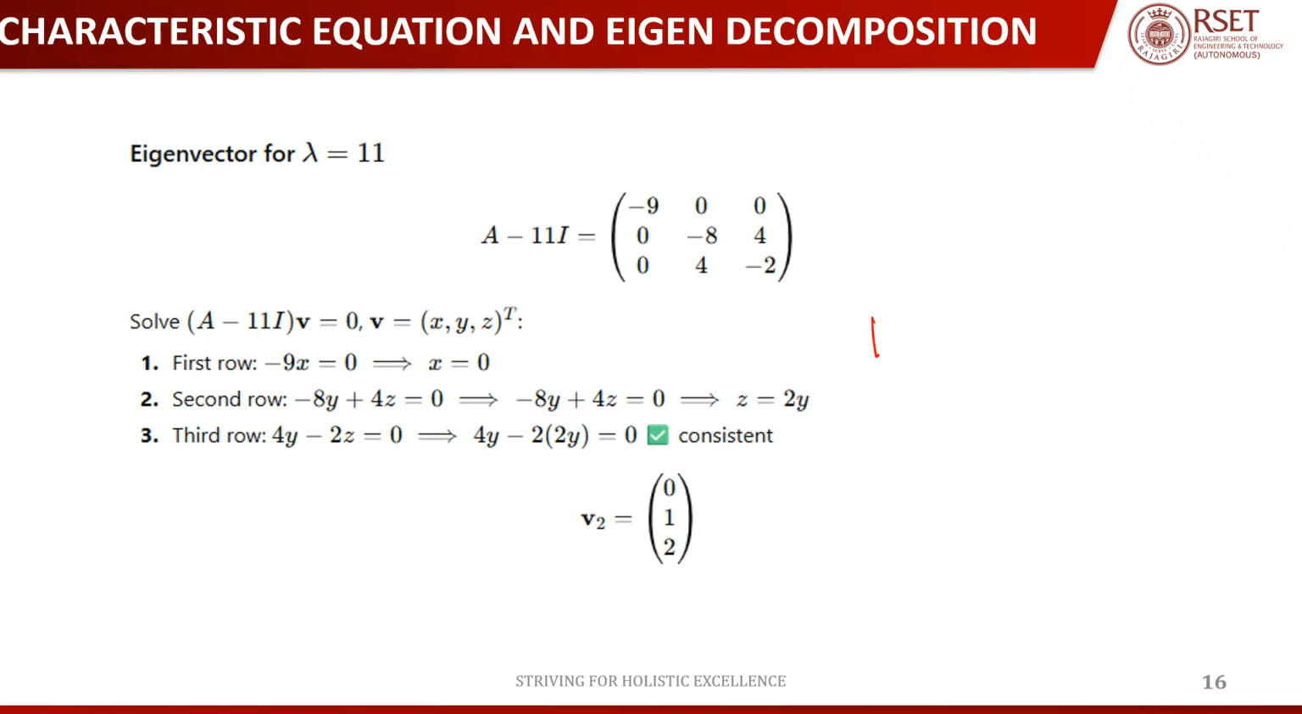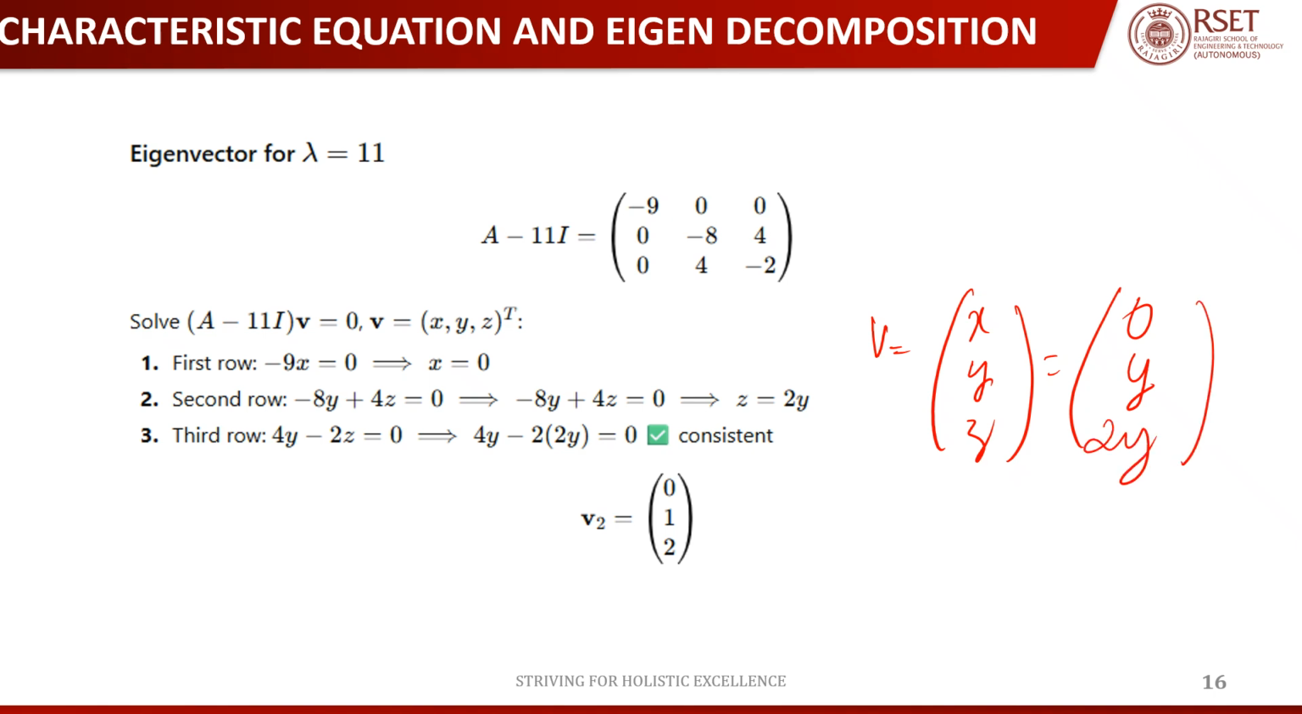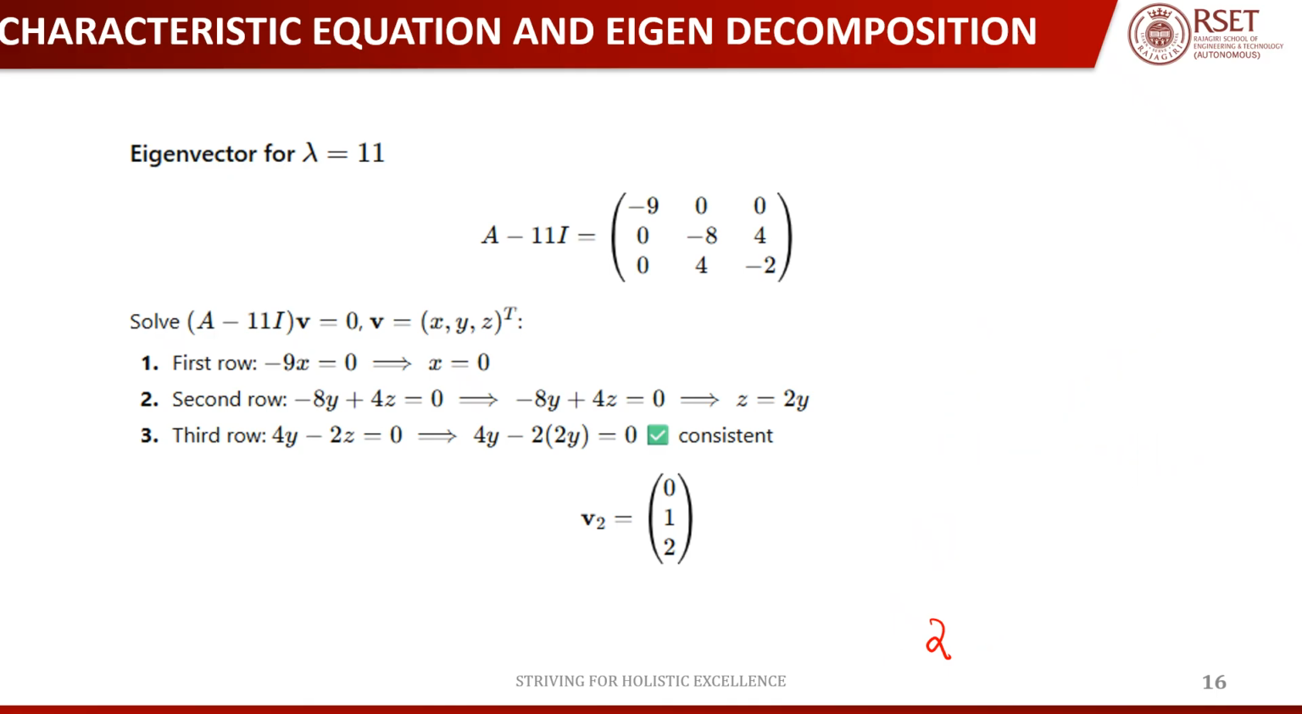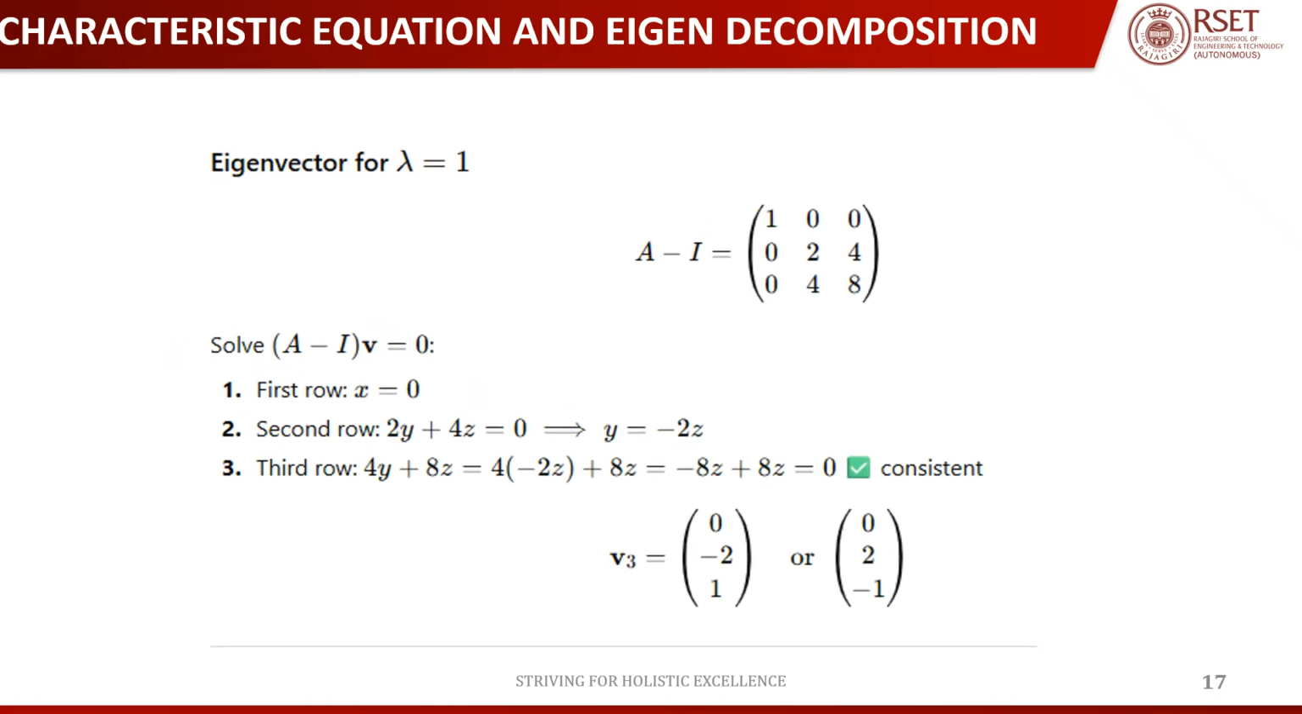So when you are writing v, v is basically x y z, and your x is equal to 0, and your y, you have no relation, let y be y itself, and z is 2y. Okay, so let's choose the value of y to be arbitrary. Let y is equal to 1, so this will be 0, 1 and 2 into 1, which is 0, 1, 2. So this is an eigenvector. Okay, you can choose the value to be arbitrary, that's fine, but first find the relation between x, y and z. So this is the eigenvector corresponding to lambda equal to 11,